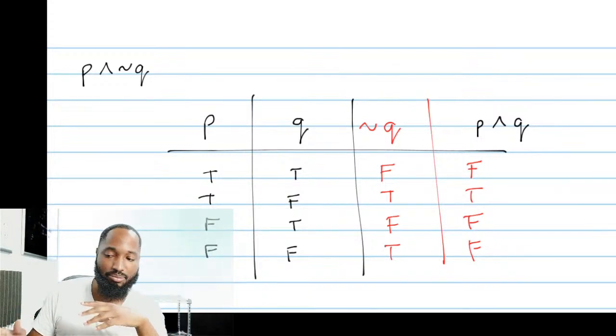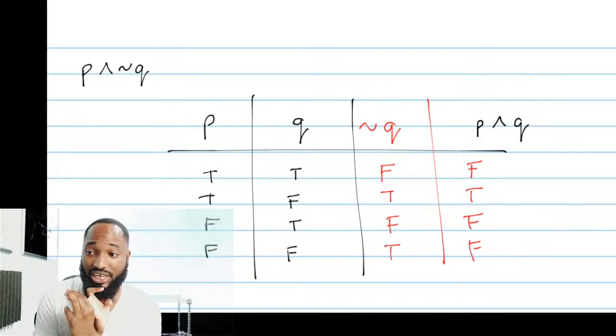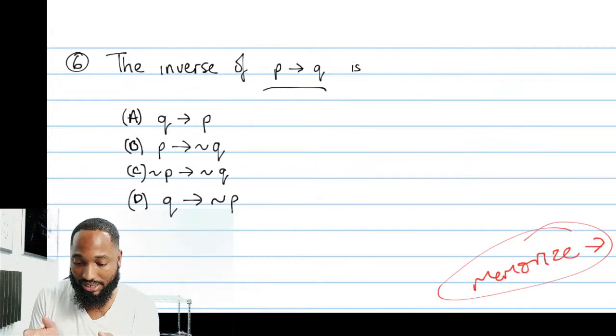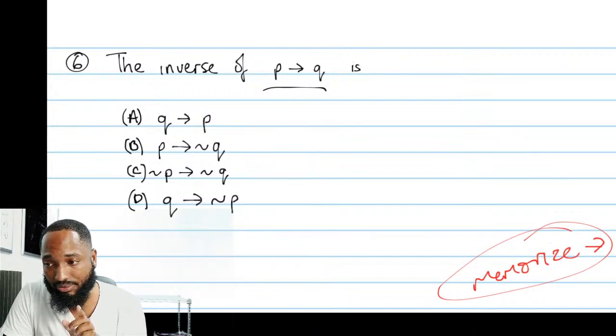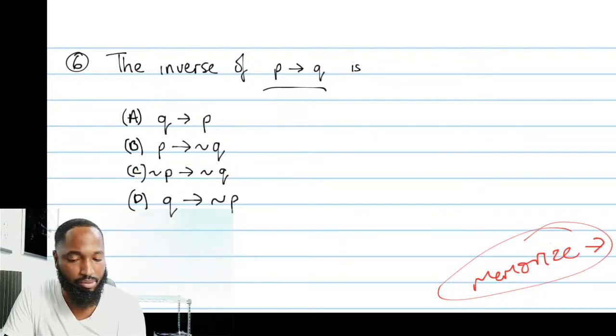We already did one type where they ask it just contrapositive, converse and inverse. They just ask it straight up. So memorize that. Just memorize this question for me, please. The inverse of P implies Q is this. Let's drop some, and I'll give you a shortcut to remember that.